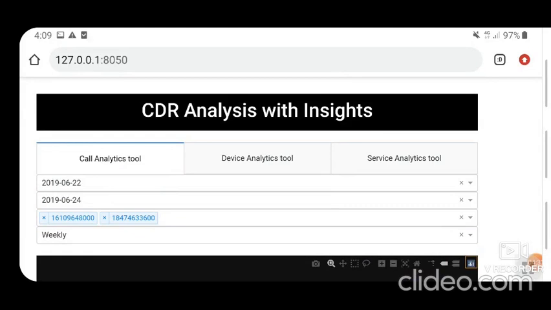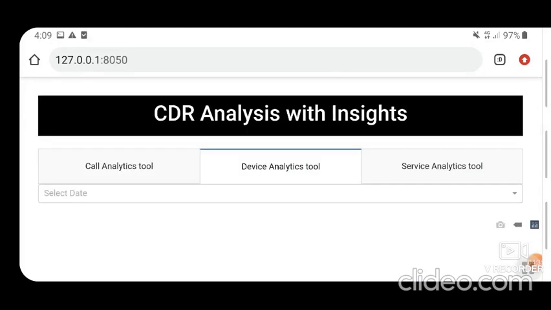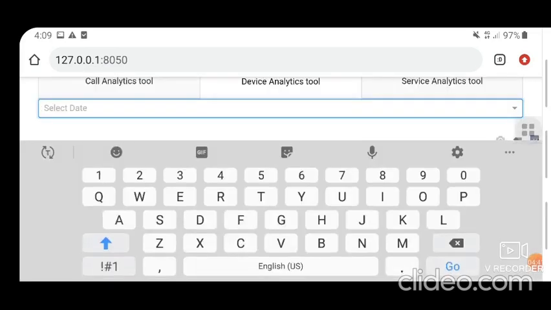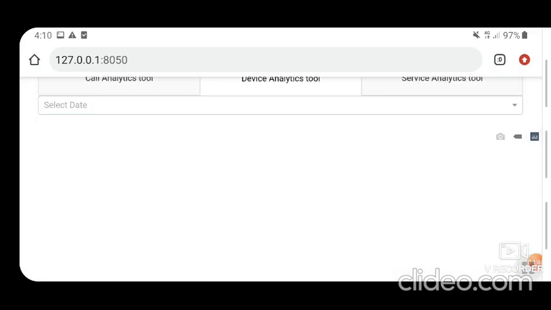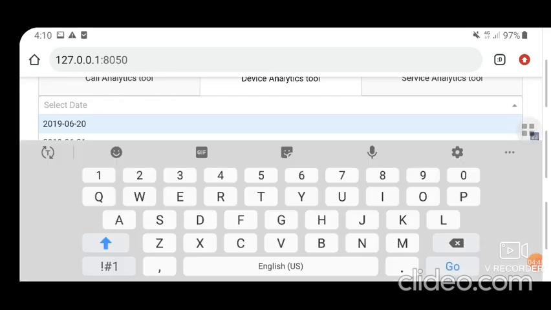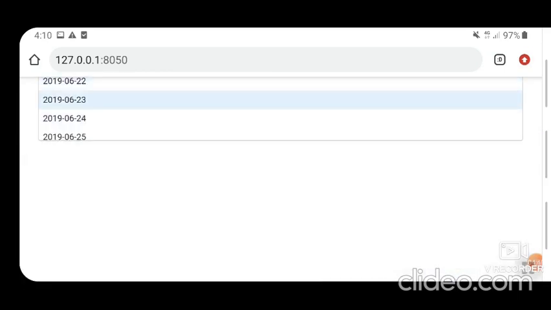Now let's see the device analytics tool. Device analytics tool contains the information regarding the devices. Here we just have to select one date from the tab itself. Let's see 23 June.